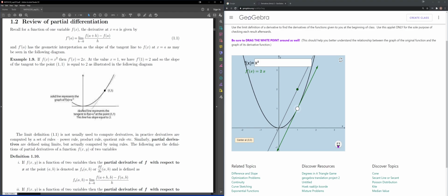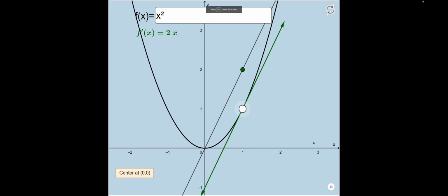Okay, so this over here is a graphic just showing basically the same thing. Your function over here is x squared, same function that I was talking about. Your derivative f prime of x is equal to 2x, and what we're looking at is when x is equal to 1. So here when x is equal to 1, you have a point on the graph. And the tangent is this green line over here, and the slope of this tangent is equal to 2,